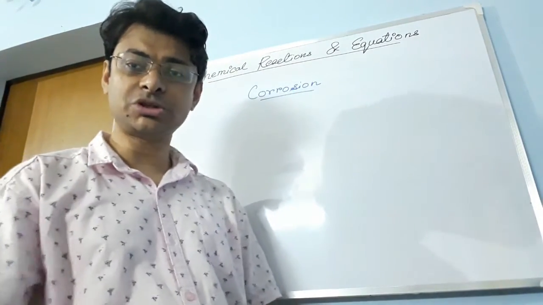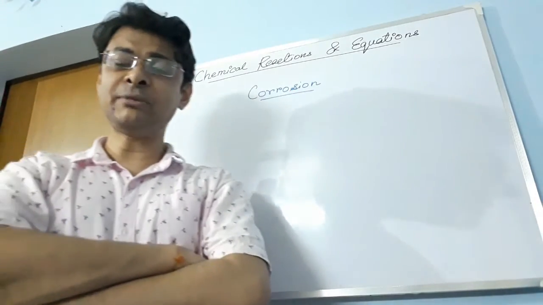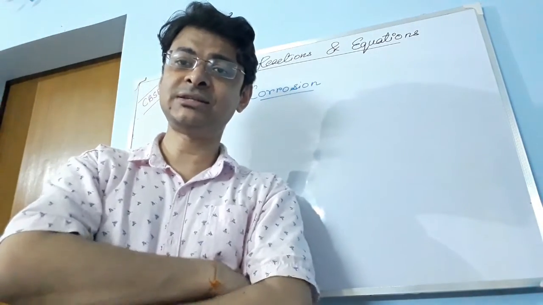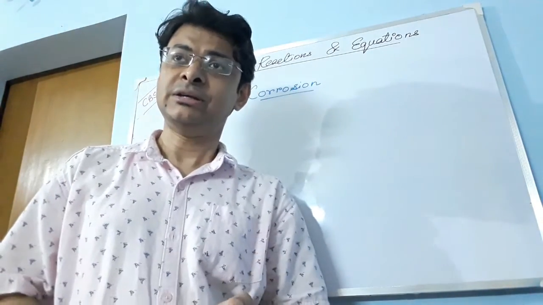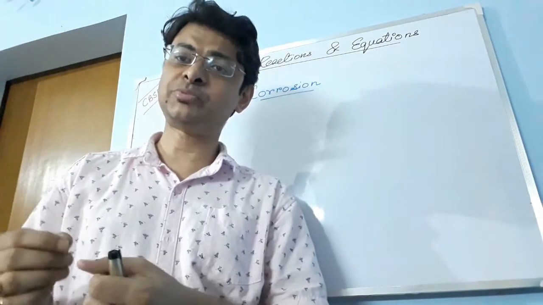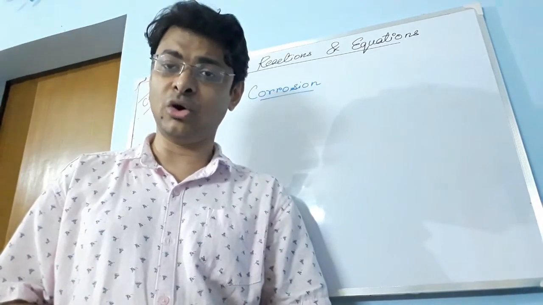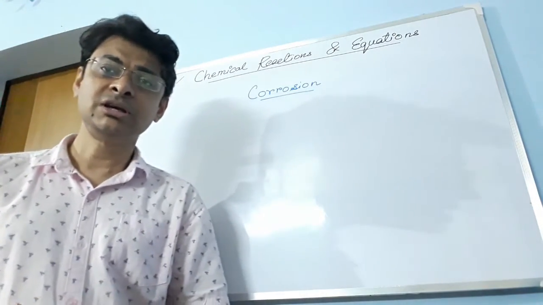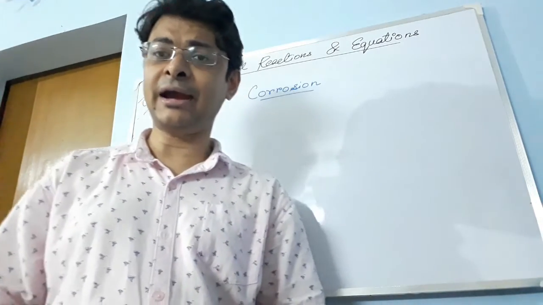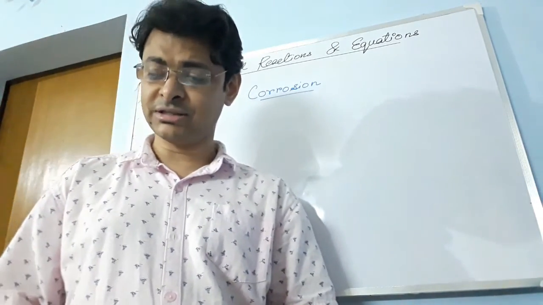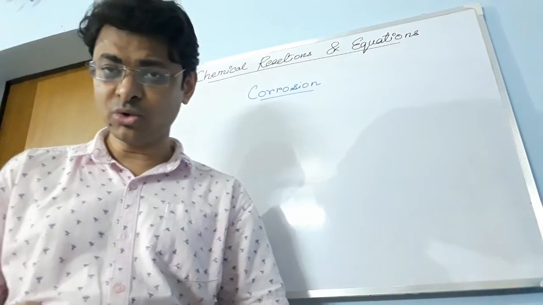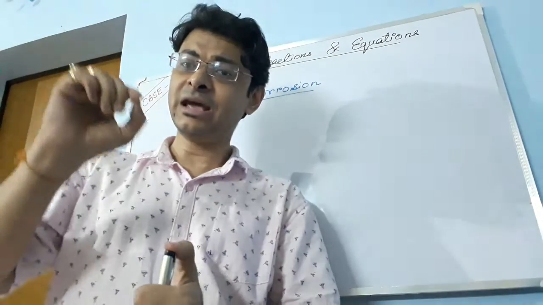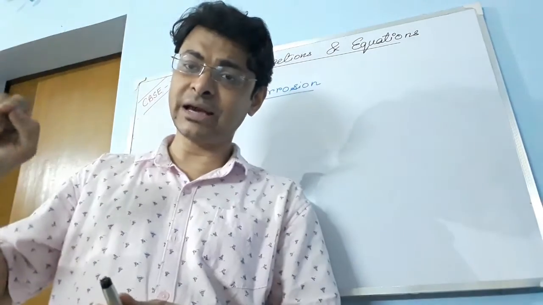Students, next is corrosion. What is corrosion? Now you know, when some metals are kept exposed to air, what happens? They lose their original property. Suppose iron, when kept exposed to oxygen and water for a long time, what happens? We find some rust on the iron. Why does it happen? Because iron reacts with air and water to form rust. The formula of rust is Fe2O3 with some water molecules present with it. We denote it as Fe2O3 dot xH2O.